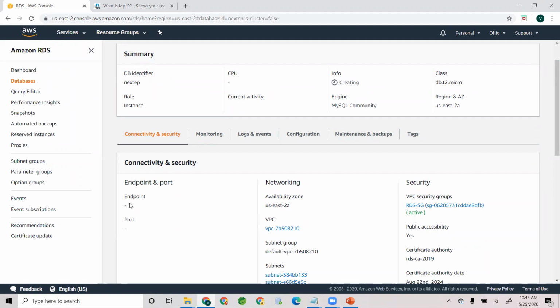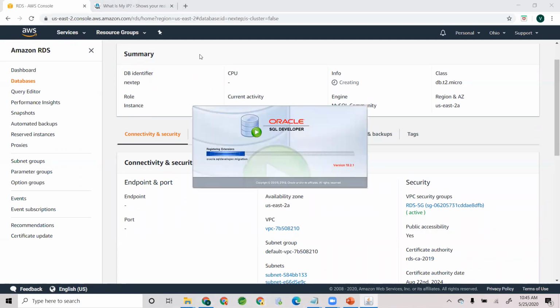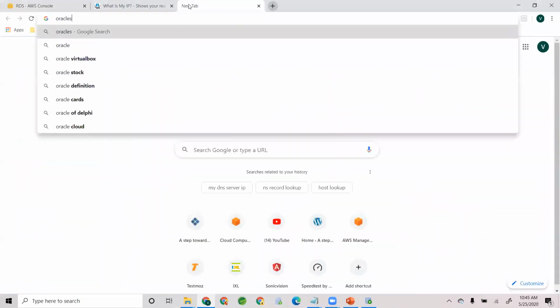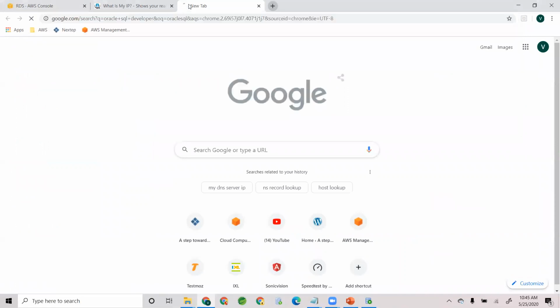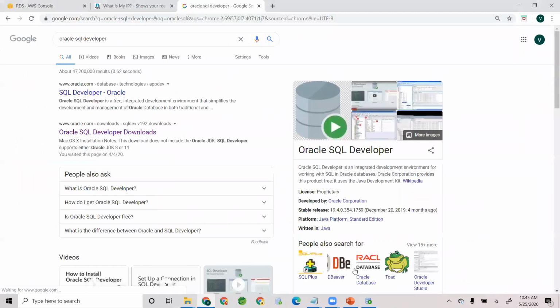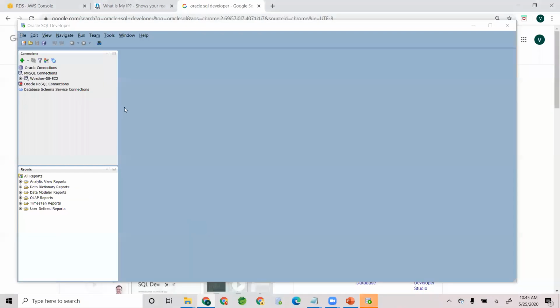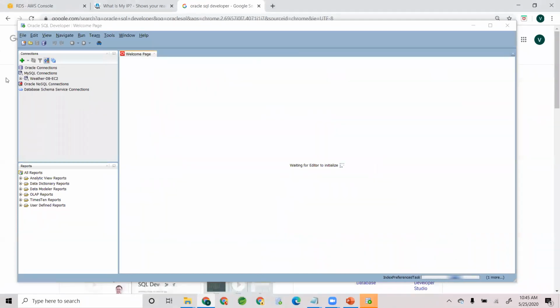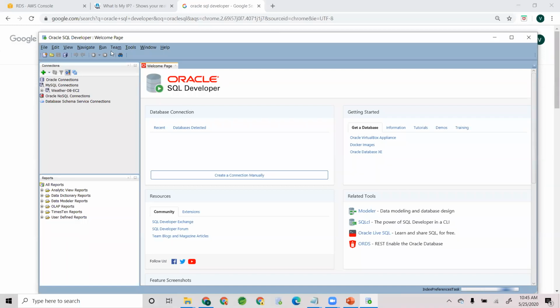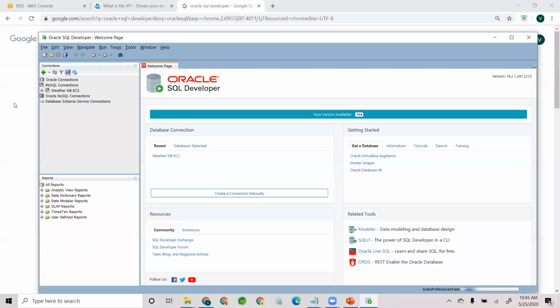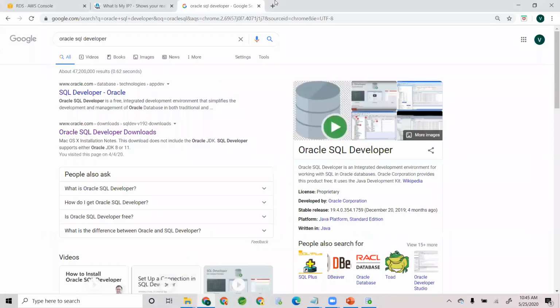I recommend you install this client called Oracle SQL Developer. So you have to do a couple of steps here. First, install Oracle SQL Developer. By default, Oracle SQL Developer only supports Oracle database. It does not support MySQL database. So what you have to do is